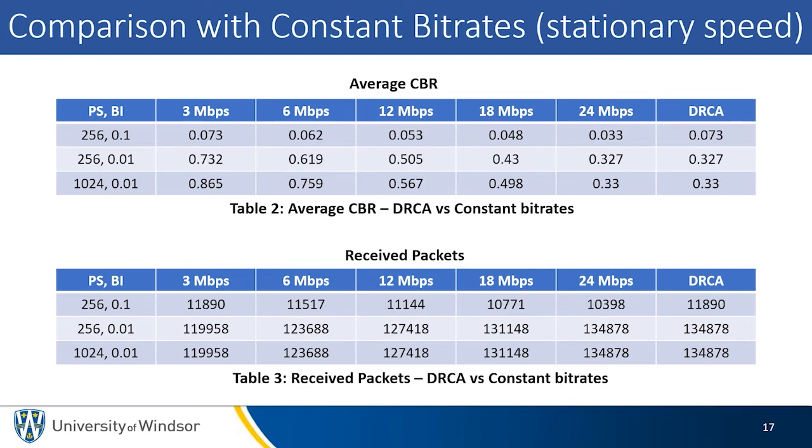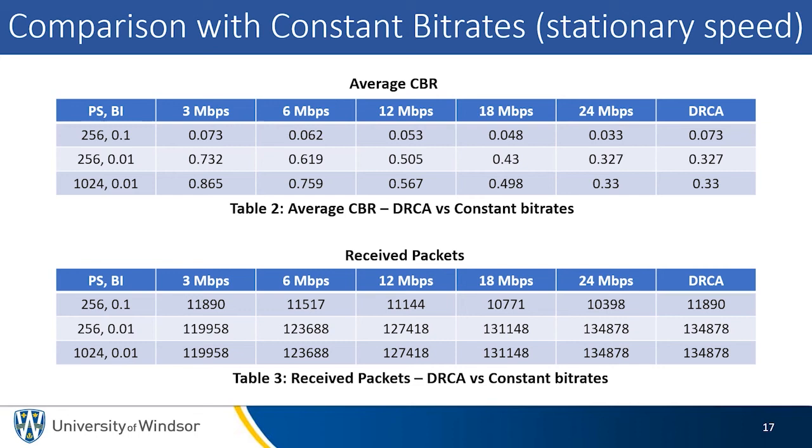Similar to the simulations of the normal speed environment, in the first case the average CBR decreased as the data rate increased. Yet the proposed approach stuck with 3 Mbps. The efficiency of the proposed approach becomes evident with the received packets. The total number of received packets decreased as the data rate increased. This was because of the low signal strength which higher data rates can cause, making the messages unreachable to distant vehicles. In the other 2 cases, the average CBR decreased as the data rates increased, and the proposed DSCA approach